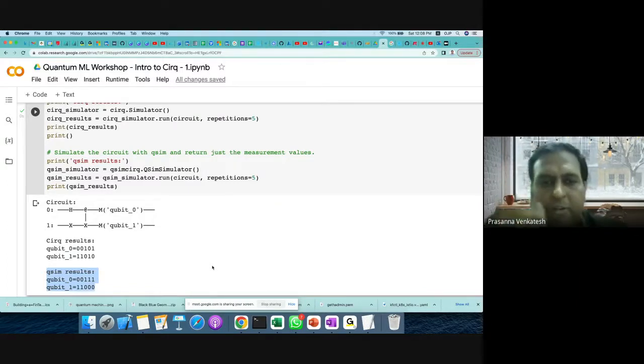From whatever we understood from the quantum computing perspective, what could be the reason that the Cirq simulator is giving something else for the same circuit, and the QSIM simulator is giving a different result? If you are wrong also, that's fine, I just wanted to understand. Any thoughts? Okay, let me just give the answer.